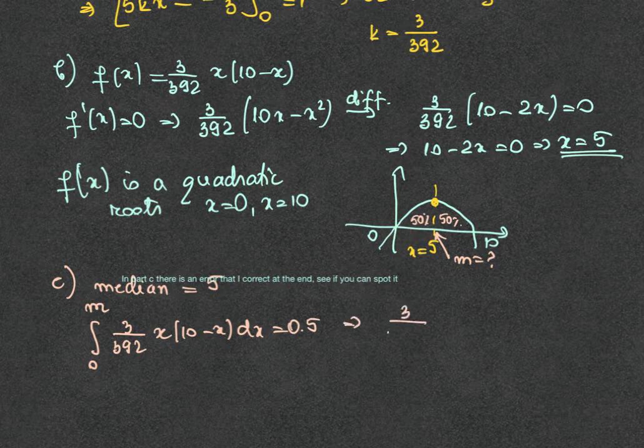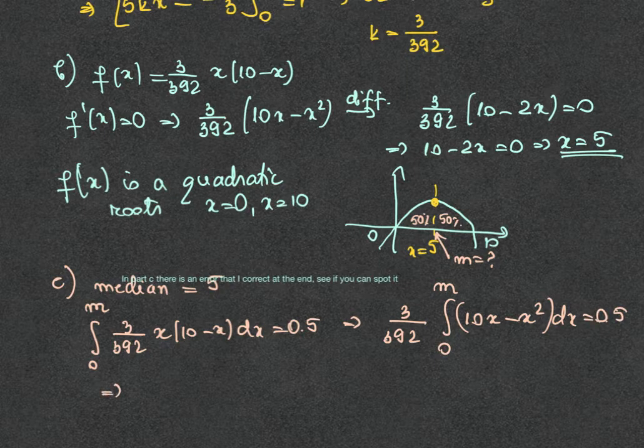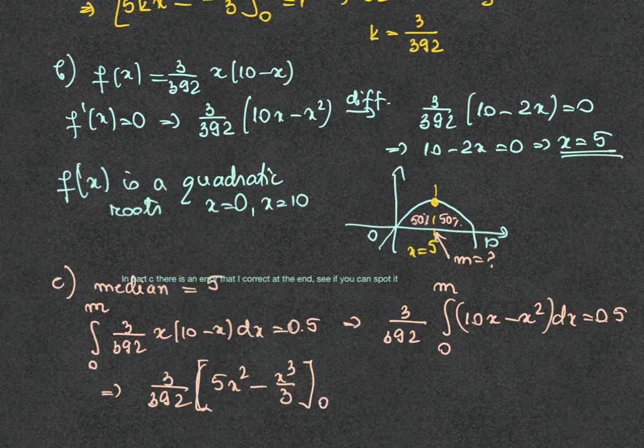Therefore, I take 3 over 392 in front, integral from 0 to m, 10x minus x squared dx needs to be 0.5. So 3 over 392, 5x squared minus x cubed over 3 from 0 to m needs to be 0.5 or 1 over 2. Therefore, 5m squared minus m cubed over 3 needs to be 392